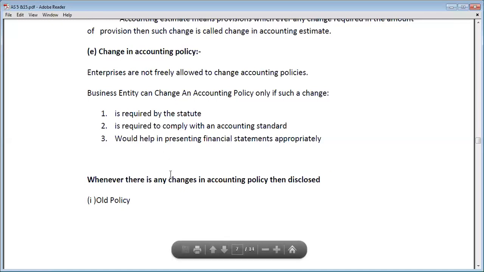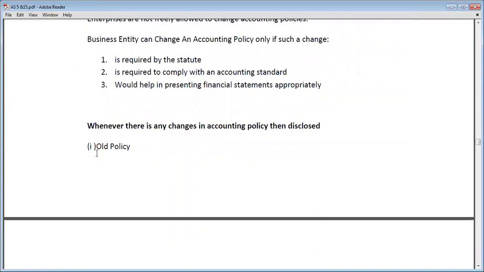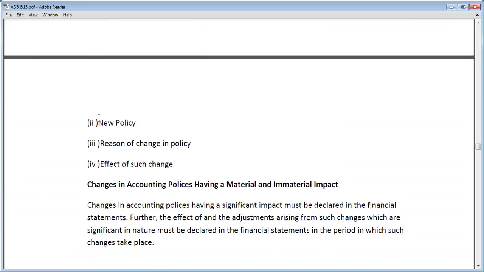So see, whenever there is a change in accounting policy, then disclose. What all do you have to disclose when you change the accounting policy? Then the old policy, and you have to disclose that we were charging depreciation till now on the SLM method. Now disclose about the new policy. New policy means now you have to disclose that from now onwards we will follow the method of